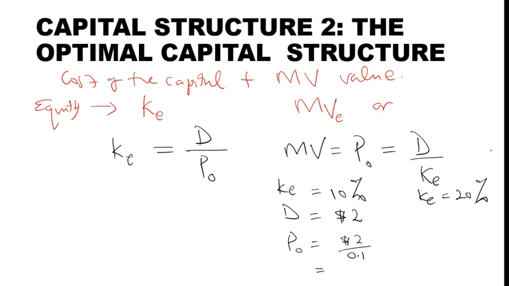So this gives a PO of $20. However, if KE is 20%, then PO is equal to $2 over 0.2, which means 2 over 0.2, that's only $10. So you can see that the higher the discount rate, the lower the market value. So we want to build on this assumption or on this reality